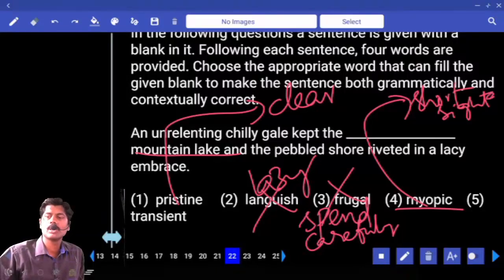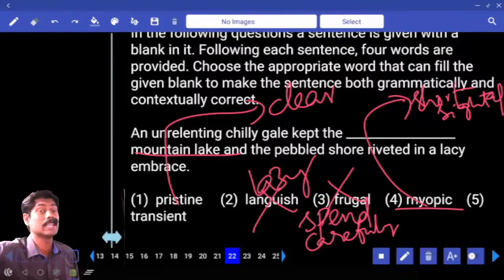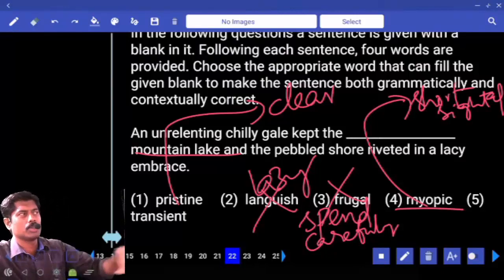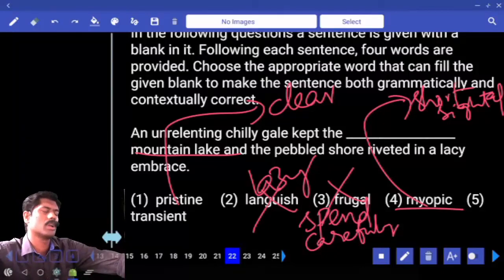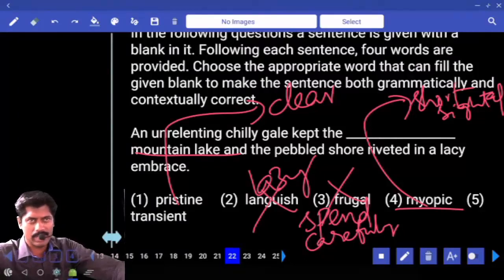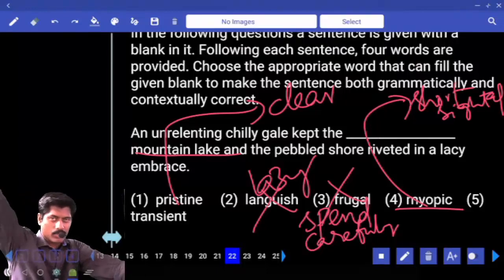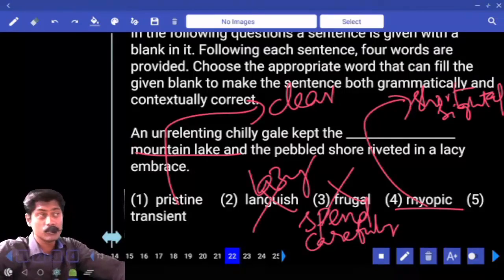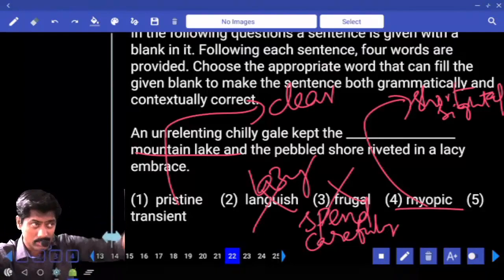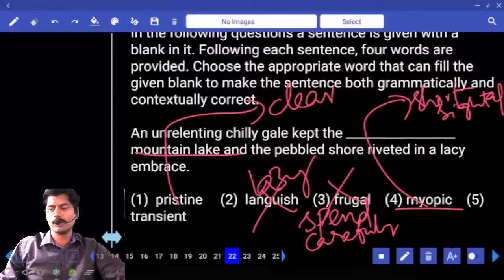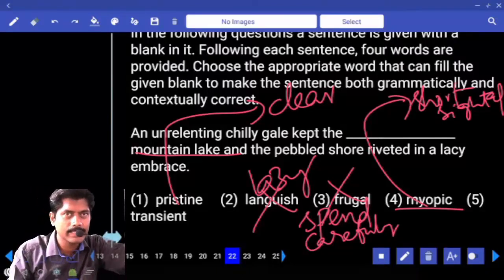Short-sighted means not in terms of vision, not in terms of eyesight. For example, some people only want to think, I want to just become a clerk. That's it. If I become a clerk, enough, a government job. This is short-sighted. Some people have foresight. Foresight means, no sir, I want to become a manager. I want to retire as a DGM in my life. This is farsight. 30 years, 25 years, you're thinking of the future. How your future will be. This is foresight. Short-sighted is only now. Myopic means always short-sighted. Transient, transitory.